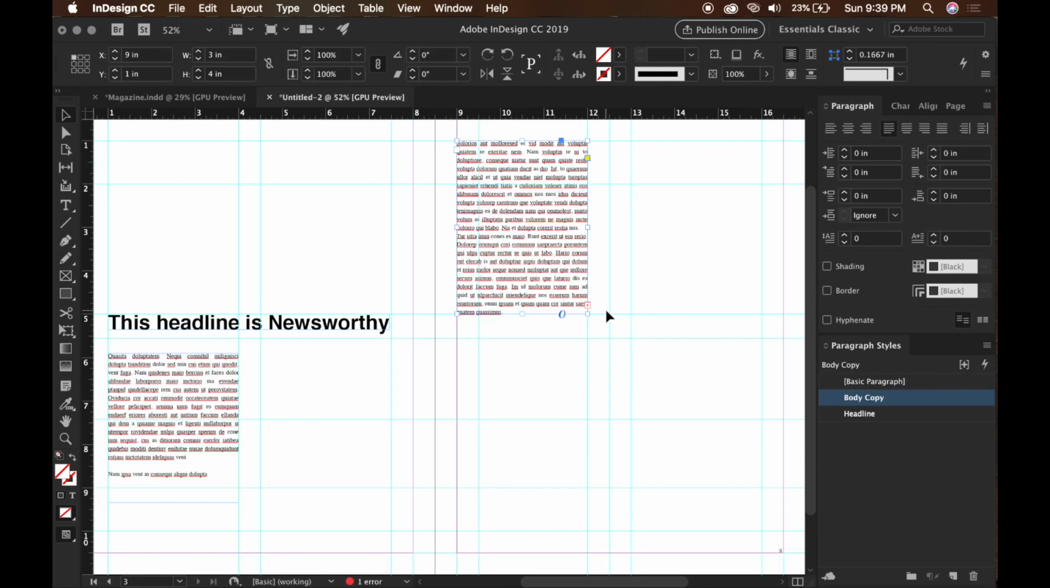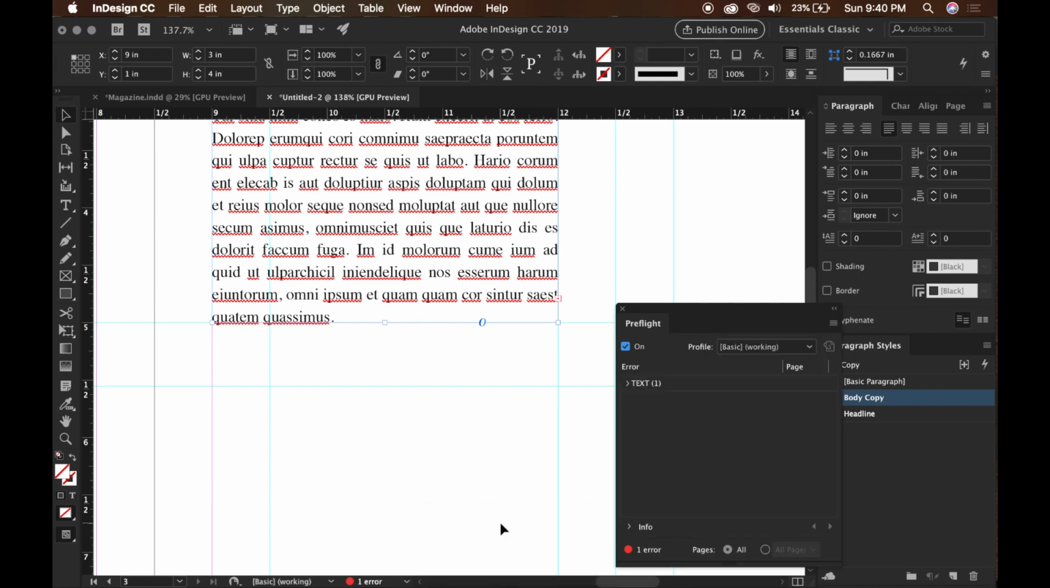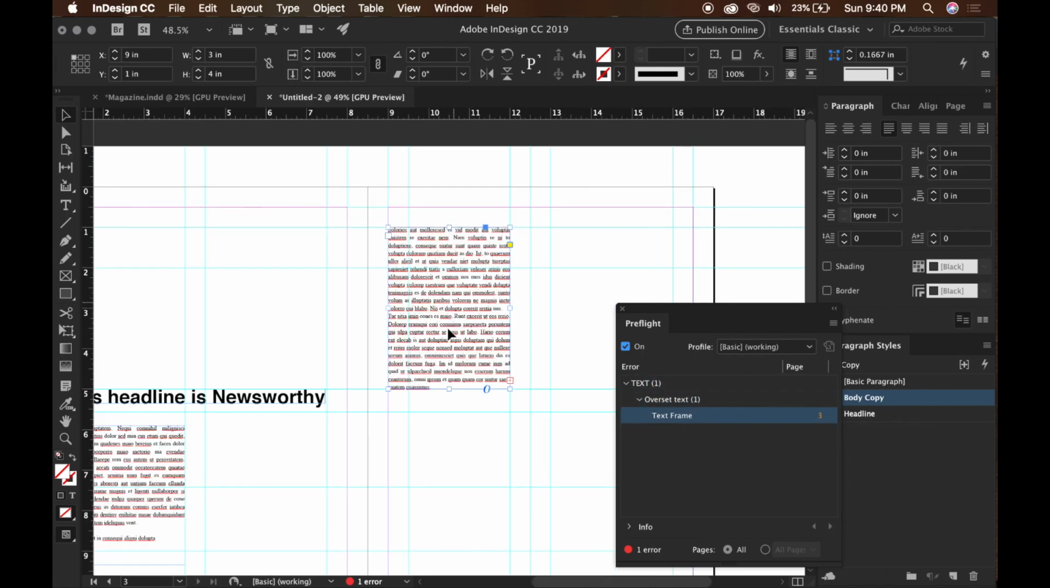there is a little red plus arrow to show that there's more text than this text box will hold, and that text is not showing. It will also give me an error right here. And if I click that arrow, it gives me this little window that opens up. I can hit pre-flight panel, and it will tell me exactly what the error is. In this case, it's going to say that the text is overset, and it'll show me exactly which text frame